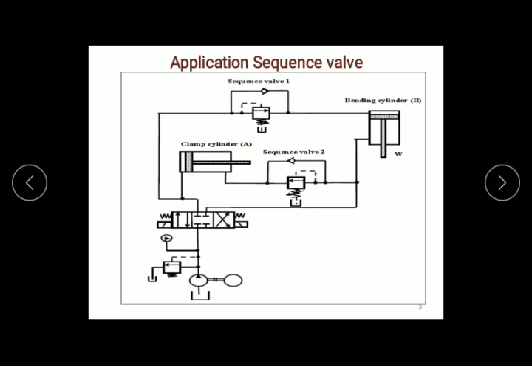For example, if you switch the position of the piston end and rod end of this cylinder A, that is, instead of the piston end, if you attach this port to the rod end, you will get retraction first, then extension of cylinder B. Or you just change the position of the rod end and piston end of cylinder B, so you will get extension of cylinder A and retraction of cylinder B. So here you can use so many combinations for the particular application.